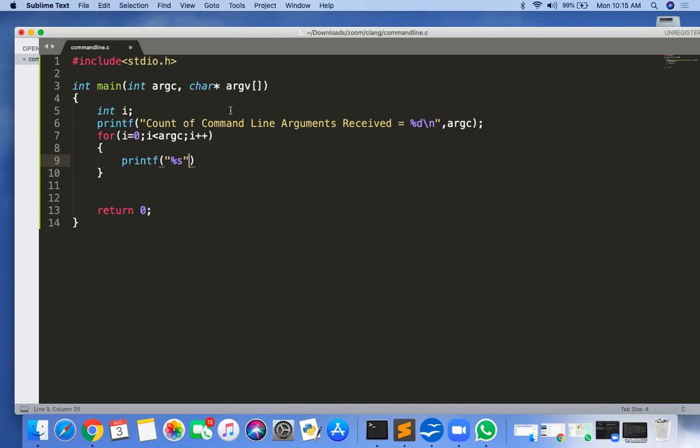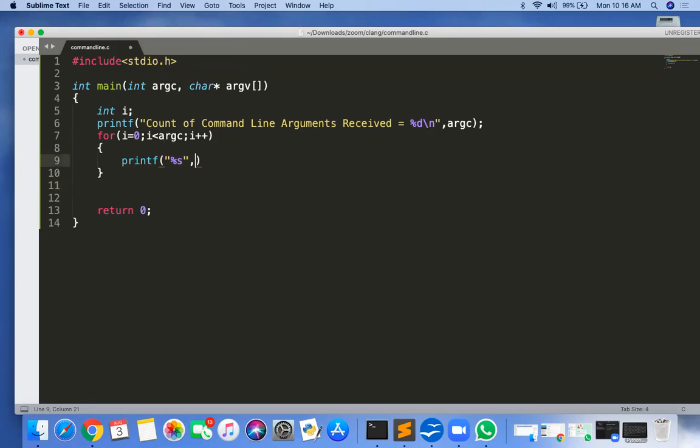If there are 5 strings, we have to iterate this loop 5 times, so 0 to 4. If argc is 5, it iterates from 0 to 4, because if you are receiving 5 arguments, the possible values are argv of 0, argv of 1, argv of 2, argv of 3, and argv of 4.